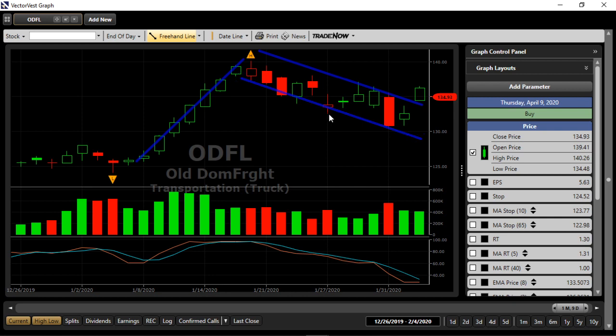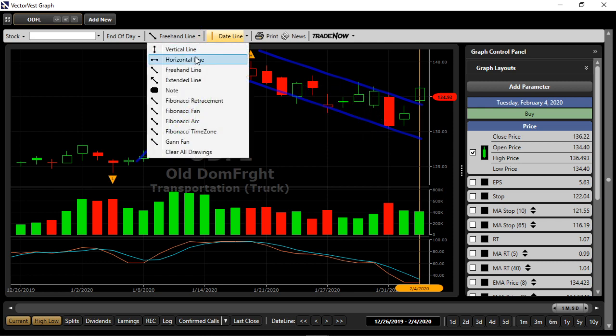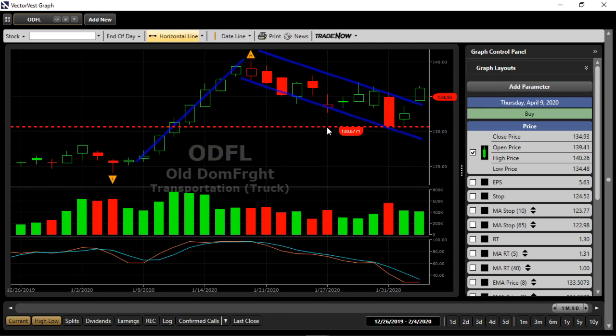You get these long lower wicks at the bottom trend line. You get these long upper wicks at the upper trend line. So there's this battle between the buyers and sellers, and then you get the breakout. You get that nice breakout, okay? So with a bull flag that angles lower, where's your initial risk? Your initial risk is the low of the consolidation pattern. So right in this area here, about